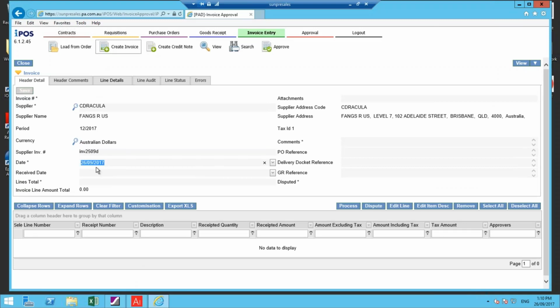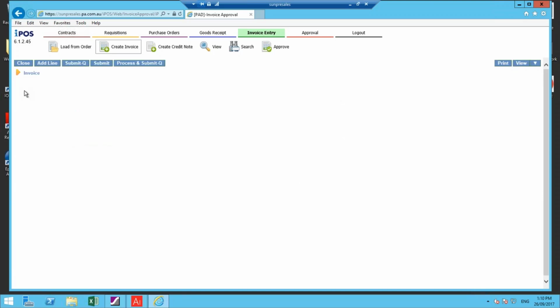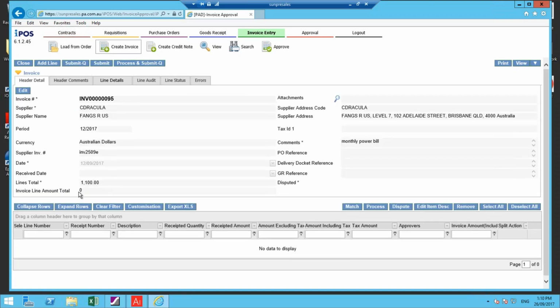Put our date in. Oh, and you can see duplicate invoice checking is already applied there. I've already previously used that invoice number in other work. Put an amount in, $1,100, monthly power bill. And I save it. So in this case, this is effectively my header, no line totals, so I've got to add a line,